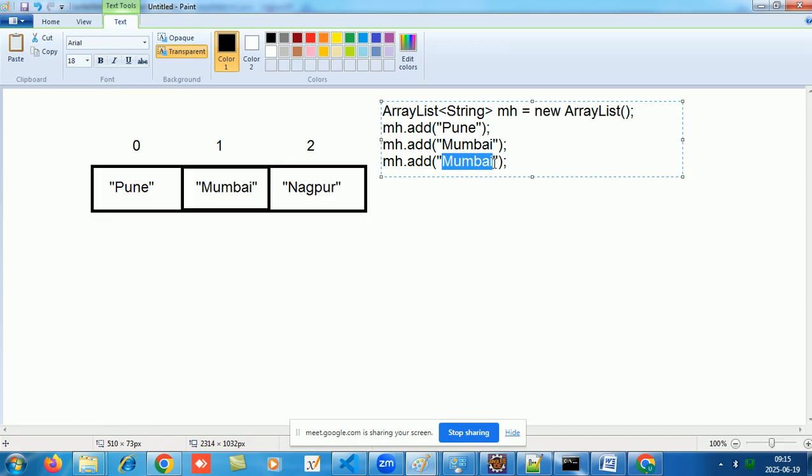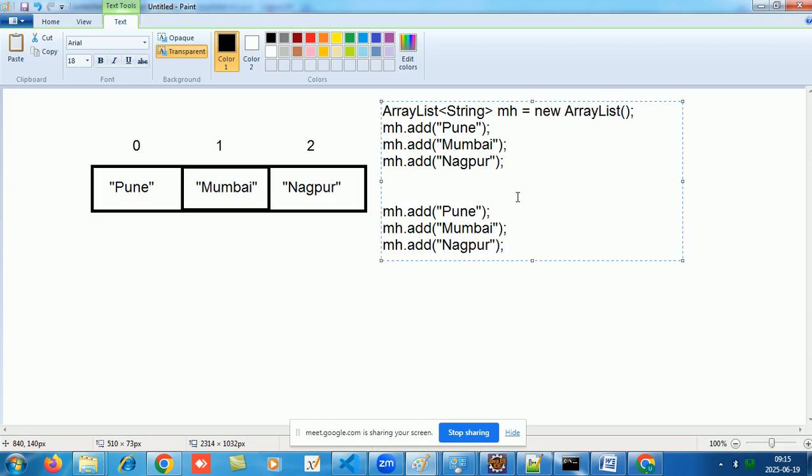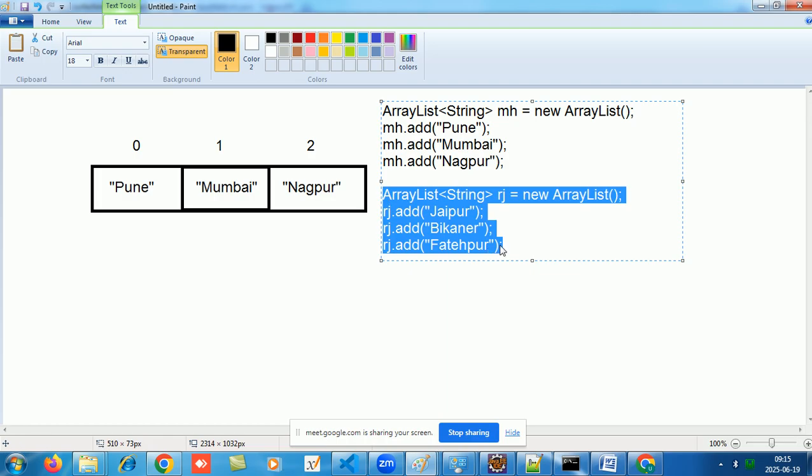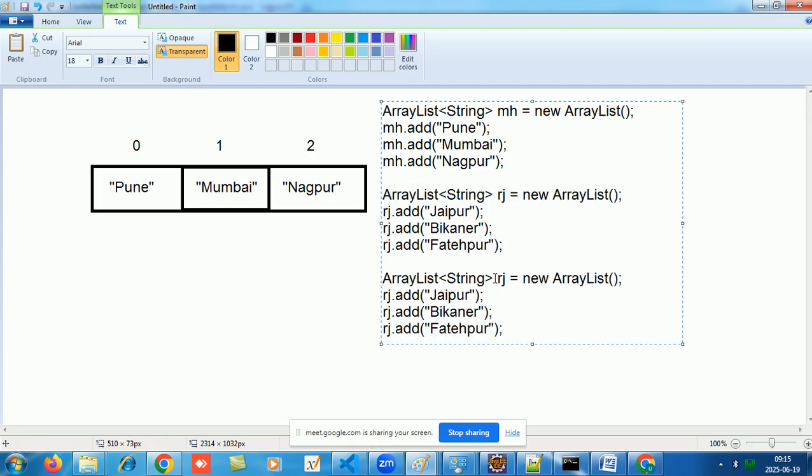Then let me make one more collection for Rajasthan, let's say. So now how many collections do I have over here? Okay. If I want to make one more collection for, let's say, Gujarat,